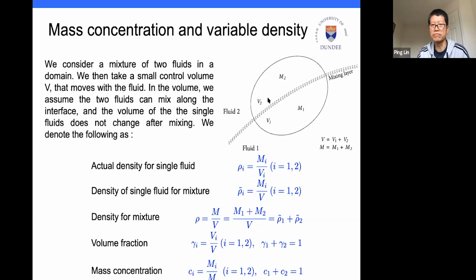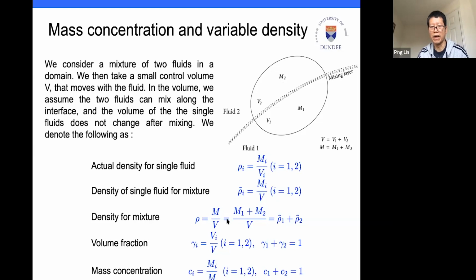Okay, you can have a control volume with two fluids. You can define, for each fluid, mass and volume: fluid 1, fluid 2, and then the volume which includes both. You can define the density of each single fluid as mass divided by volume. And you can define the density for the mixture region: for fluid 1, it will be mass 1 divided by the whole volume,